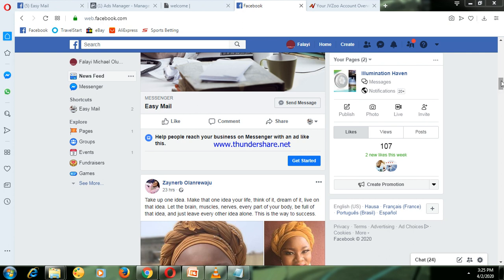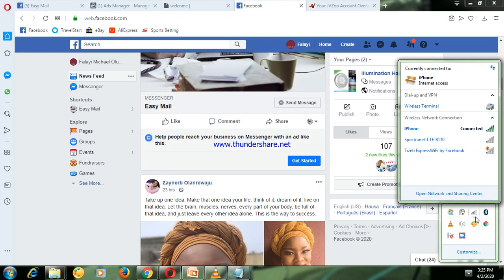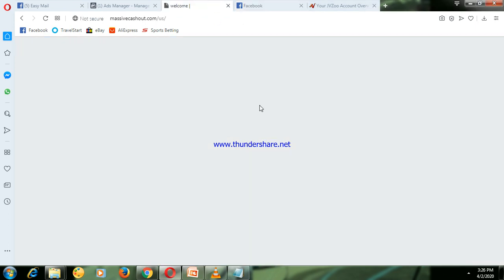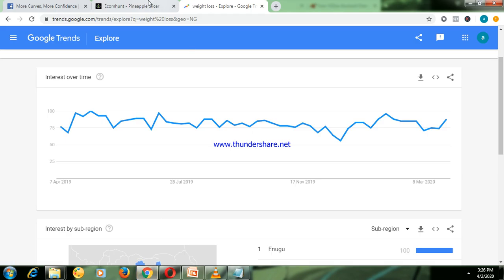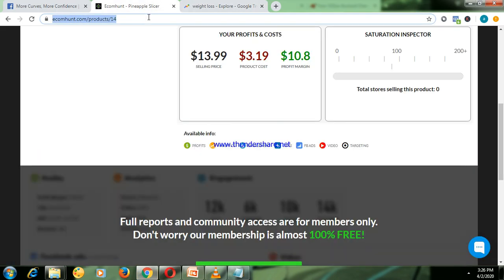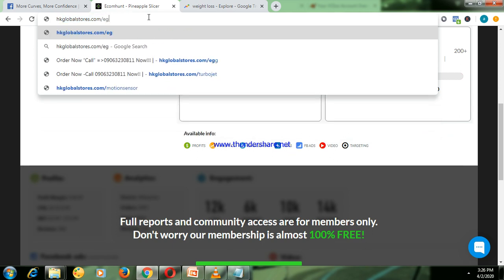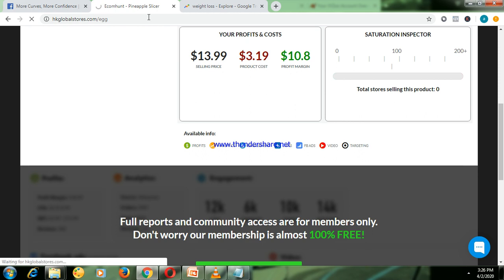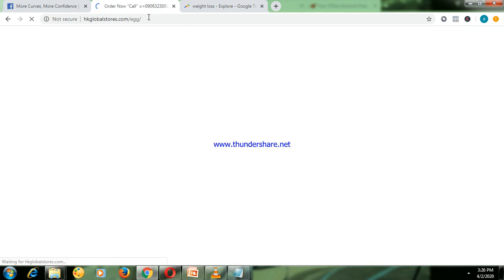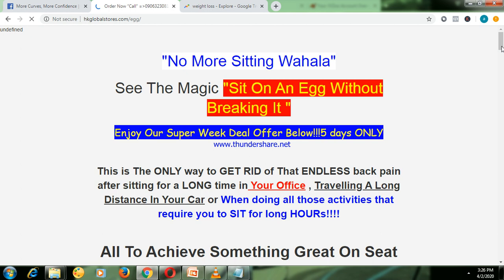So what I promised earlier was to show you an example. It's something I've done before. Let me use this one, HK Global Stores /egg. We saw the products. The name of the product is Exeter. Exeter is a product that is supposed to help whoever travels or sits for a long period of time to manage back pain. You can see this page is actually created to